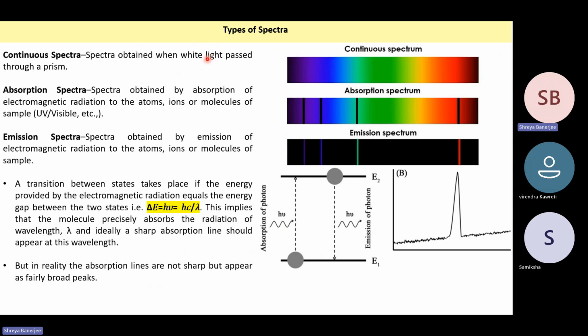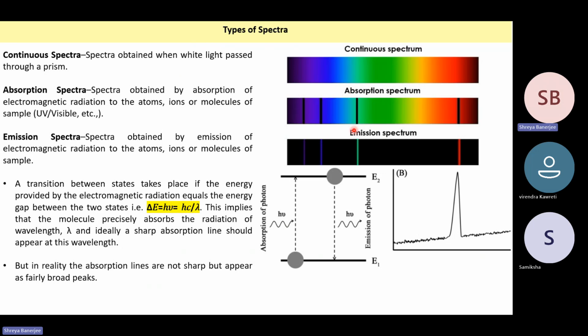So we know that when white light passes through a prism, it breaks up into 7 colors. So the continuous spectra is basically those 7 colors, one after the other. Now, absorption spectra is where you have the continuous spectra, but at the wavelengths where absorption is happening, you will get